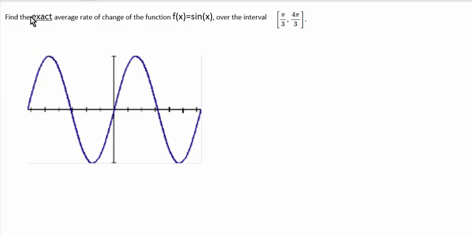In this problem, we are to find the exact value for the average rate of change of the function f of x equals sine x over the given interval. To visualize what we're finding here graphically, I've inserted a graph of y equals sine x, and the picture's a